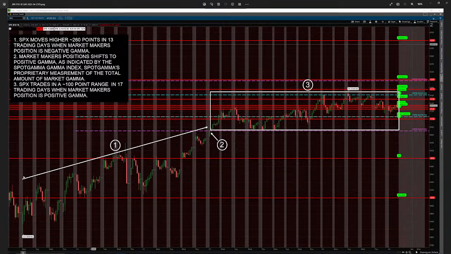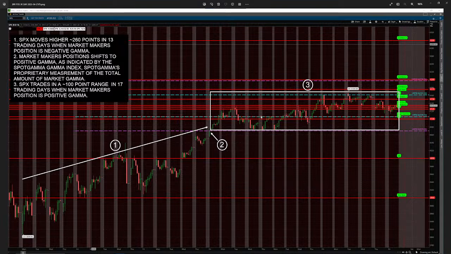And that's shown here in this uptrend labeled number 1. What this is showing is the SPX moved 260 points higher in 13 trading days, and that was when the SGI was less than 0. Market makers' position on the gamma curve was negative, and remember, they're trading with price to hedge their delta exposure. And then the SGI flipped to positive on March 30th, and notice then after that